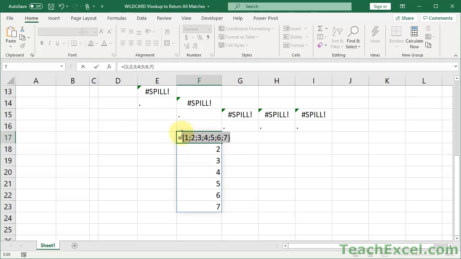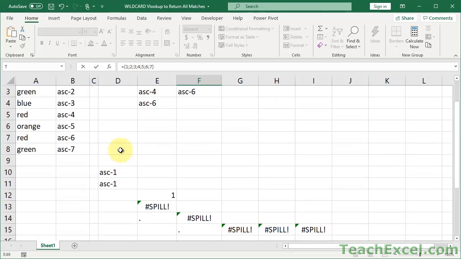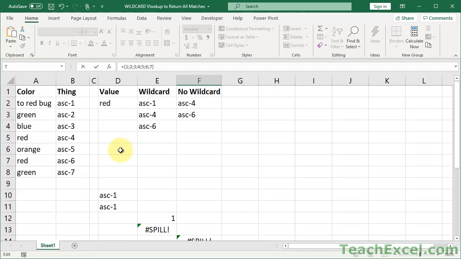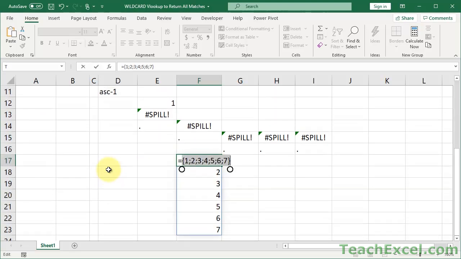So great, now we have 1 to 7. But why did I go through the step of adding the 1 after subtracting the first one? Because it won't always be in row 2. It only seems really logical right now. Just subtract 1 from each of them because it's in row 2. But if you don't know what row it's going to start in, then you cannot hard code what you subtract